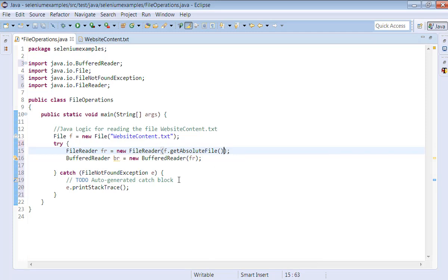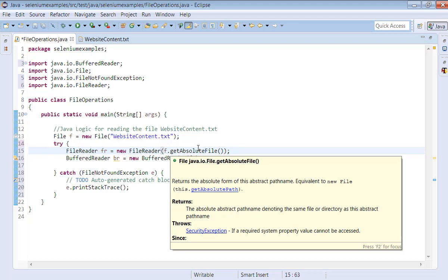When you say get absolute file, it will give the full path of this file, the location from the project C directory to this file. It will give the full path. So it is always important to provide the full path while reading the file. So that's the reason we call the method get absolute file.